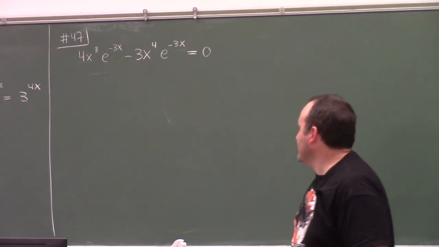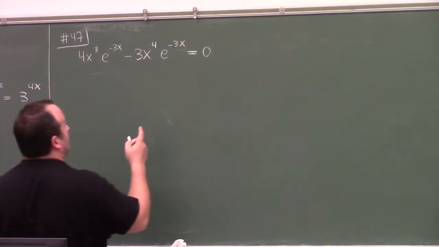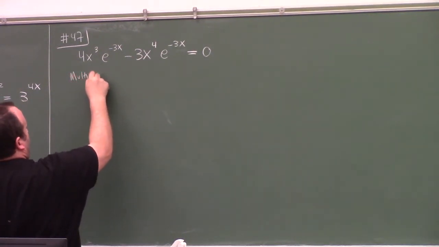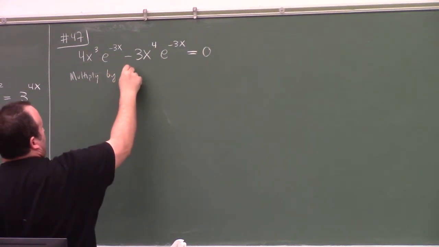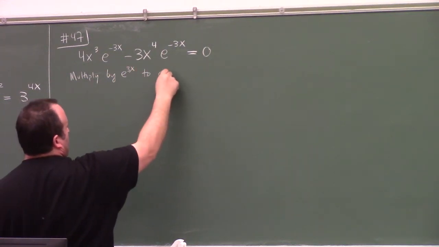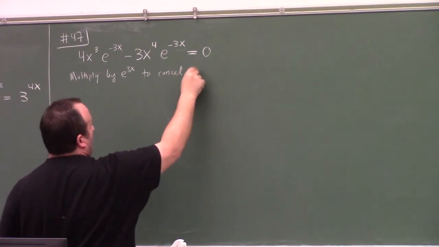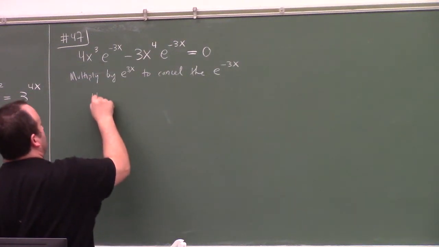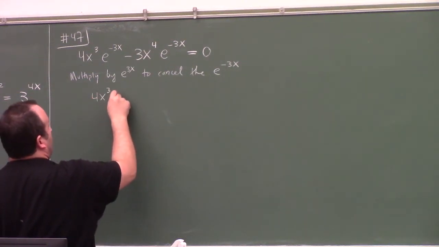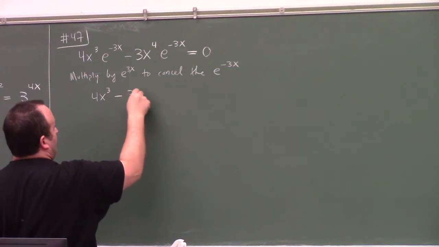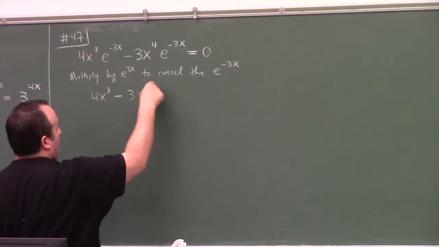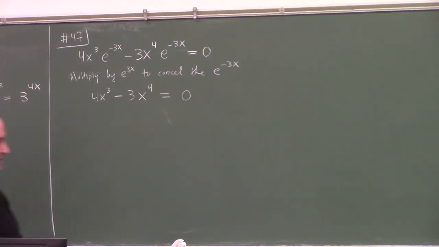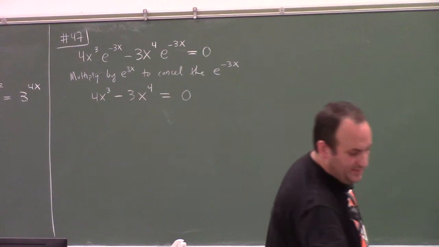E to the minus 3x cancels. Sure, so we could basically multiply by e to the 3x, right, to cancel e to the minus 3x. So we've got 4x cubed minus 3x to the fourth equal to 0. Right. I guess you know what, I need to put another step in there